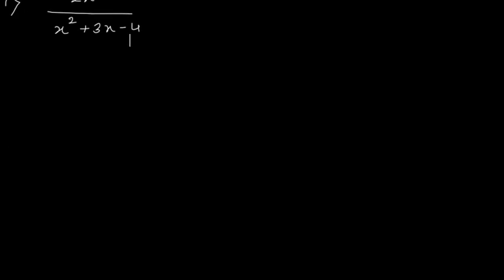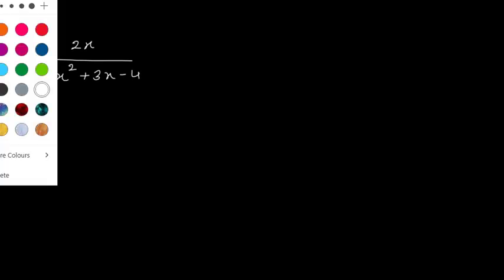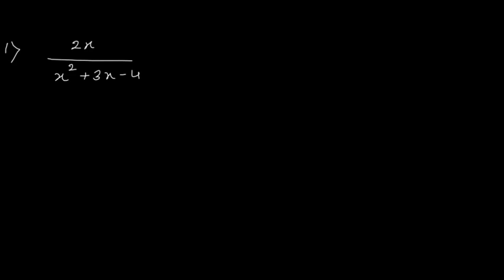So the first problem which I have taken here, you can see it is 2x divided by x square plus 3x minus 4. The denominator, you will say, is a quadratic form, but we can simplify this denominator. First you check whether you can make simple linear forms out of this. So x square minus 3x plus 3x minus 4, you can use the splitting of the middle term method, and this minus 4 can be split as plus 4x minus x. Their addition is plus 3x and their product is minus 4.